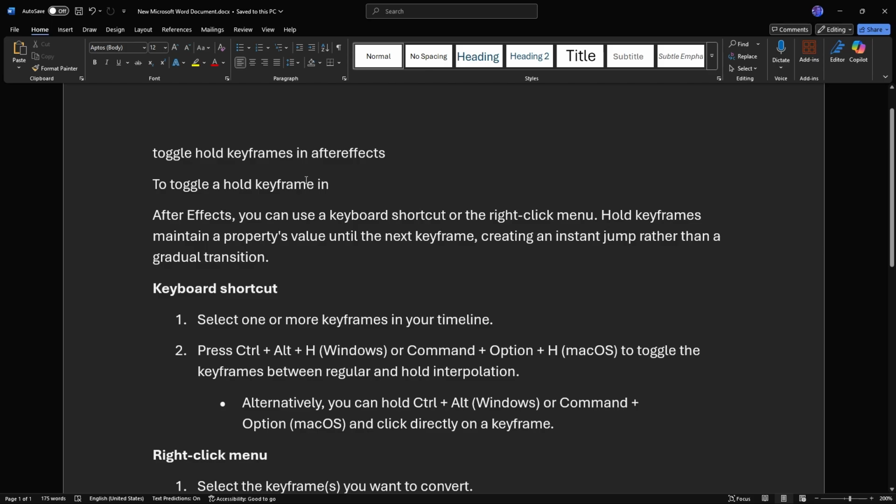Toggle hold keyframe in After Effects, we can use a keyboard shortcut. Here we have the keyboard shortcuts and the right click menu. Hold keyframes maintain a property's value until the next keyframe, creating an instant jump rather than a gradual transition. Keyboard shortcut: